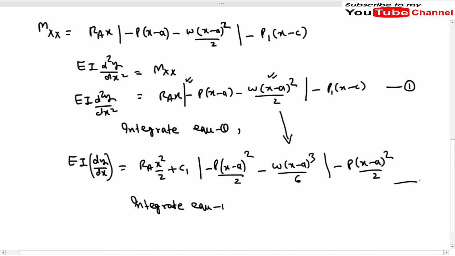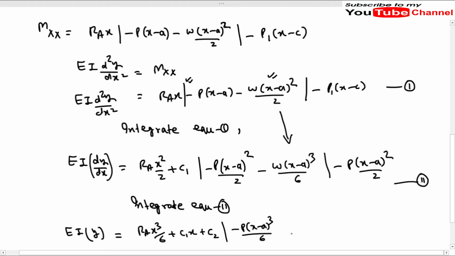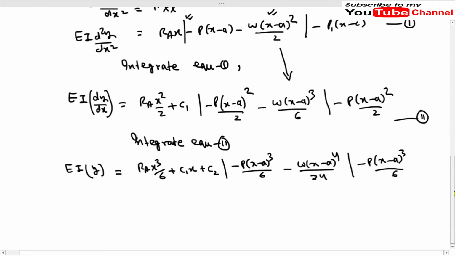Let us name this equation as equation 2. So we will get the equation for deflection: EI y equals Rax cube by 6 plus c1x plus c2, bracket, minus P1 into x minus a whole cube by 6, minus w into x minus a whole 4 by 24. Sorry, it will be 24, again vertical line, minus P into x minus a whole cube by 6. So this is our equation number